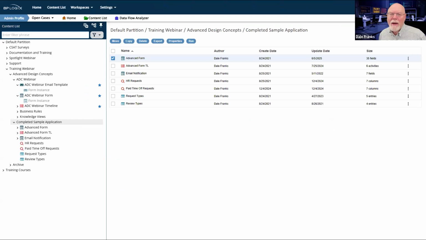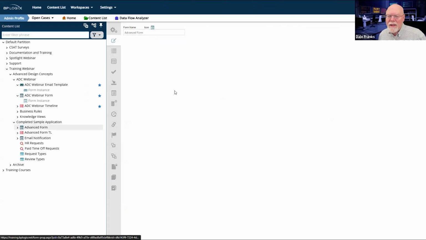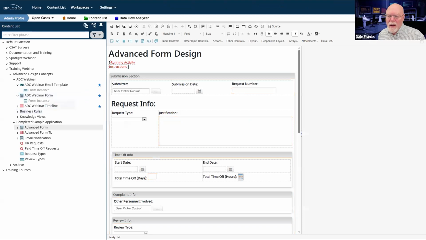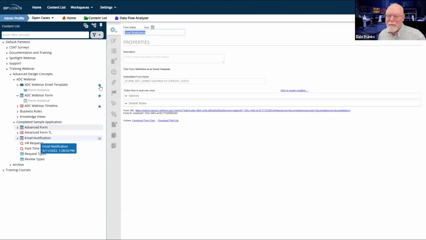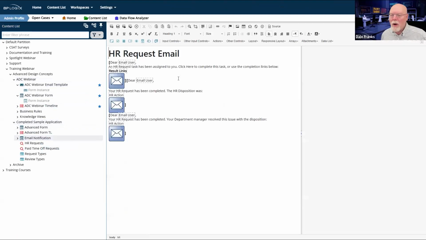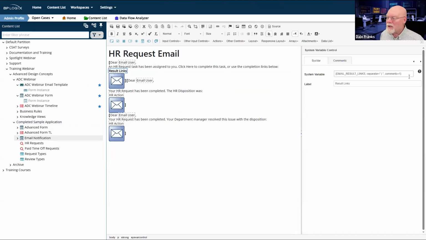and go back to my email. And for this task alone, wait a second, that's not my email. That's the form. So for just my task notification alone, I guess I could take my result links and I could replace it with this, so that I have just my approve link.